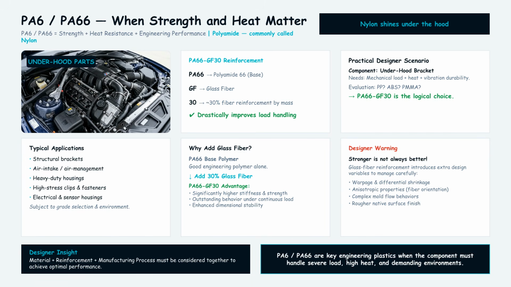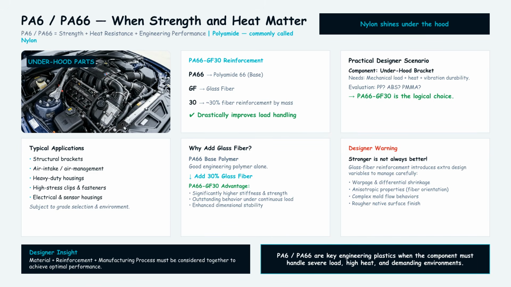Now we move into a more demanding engineering material family, PA6 and PA66. These are polyamides, commonly known as nylon. Polyamides are widely considered when a component needs higher strength, stiffness, thermal capability, and good engineering performance. That is why you may find them in brackets, housings, clips, air management components, electrical parts, and various underhood applications. And very often, polyamide is reinforced with glass fiber. For example,